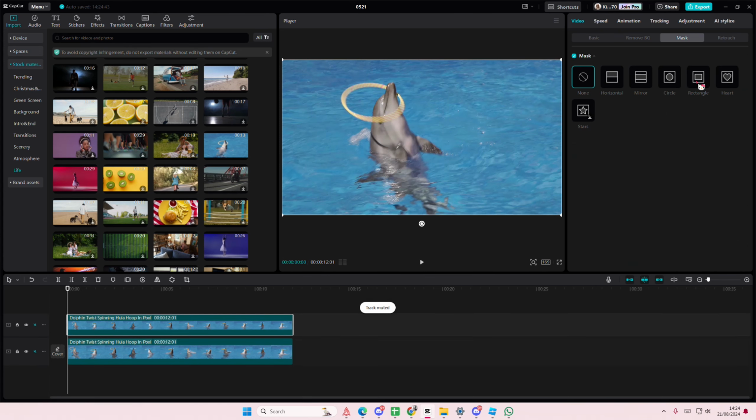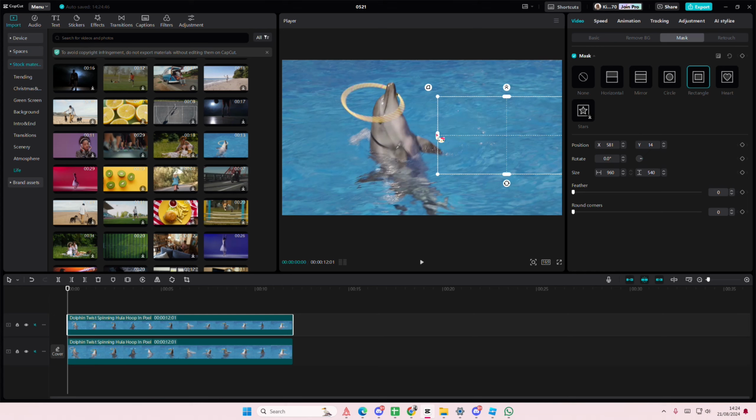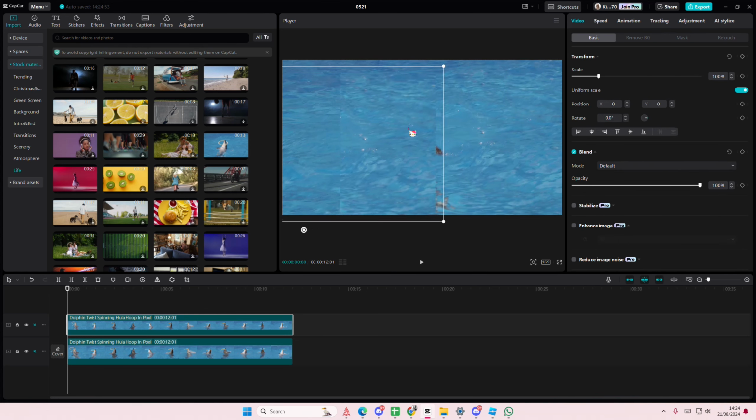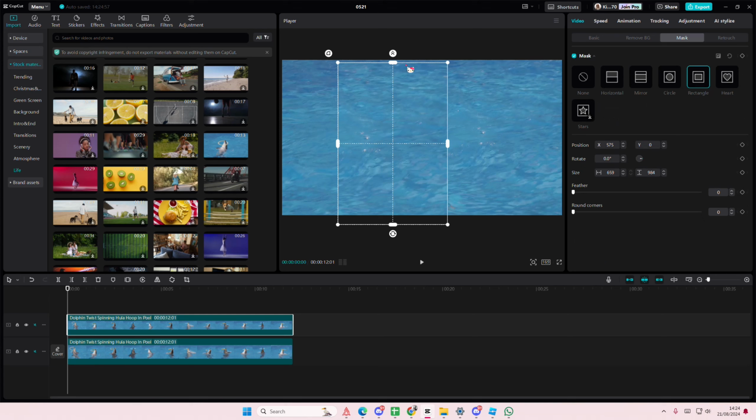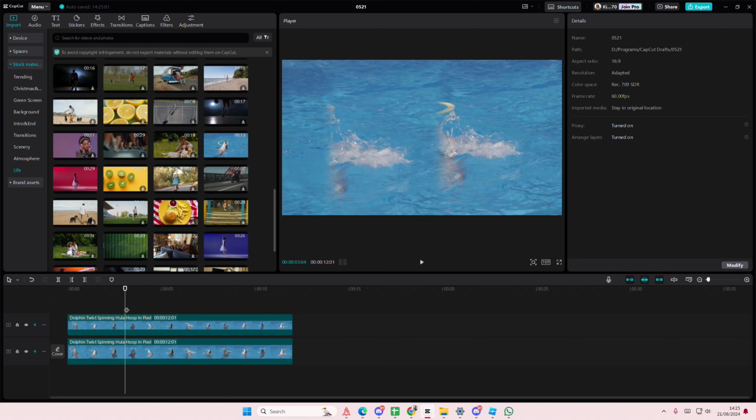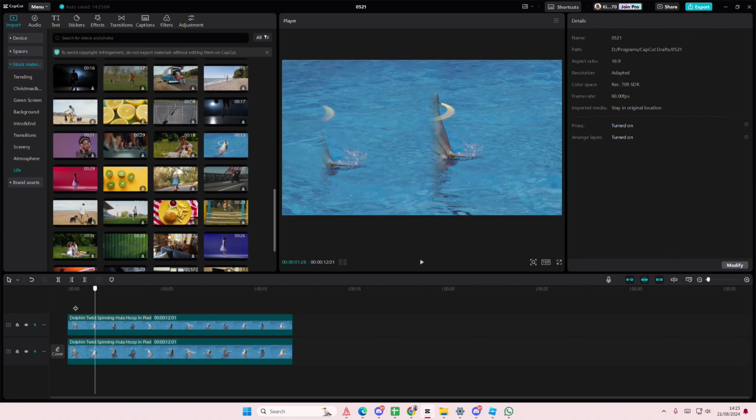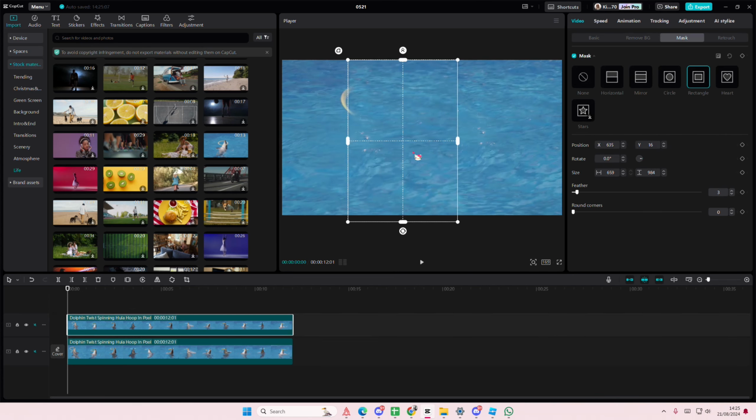Go to mask and select the rectangle one, and we're going to get the mask from a different part of the video, so on this side. Go back to basic and we're just going to enlarge that a little bit to cover it up. Go back to mask and we're going to feather it out to kind of blend it in. We do have to keyframe it a lot,